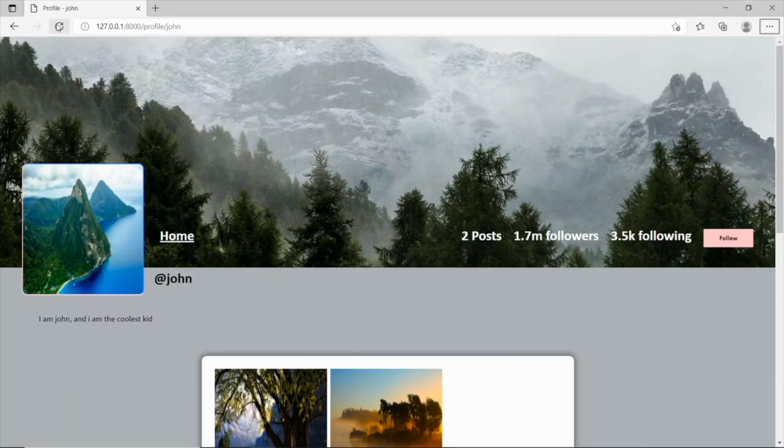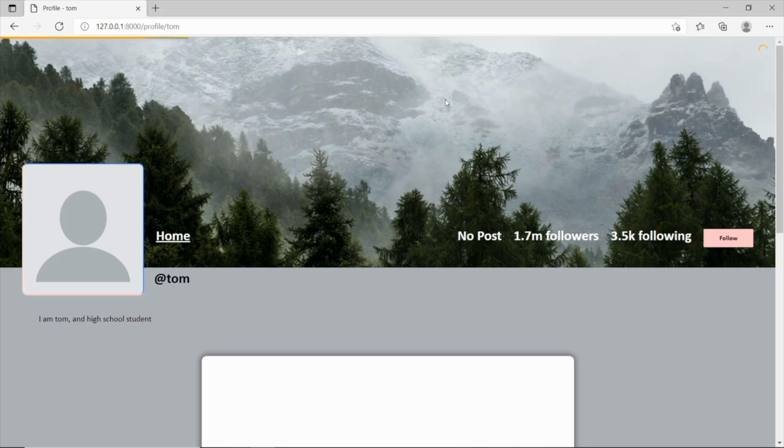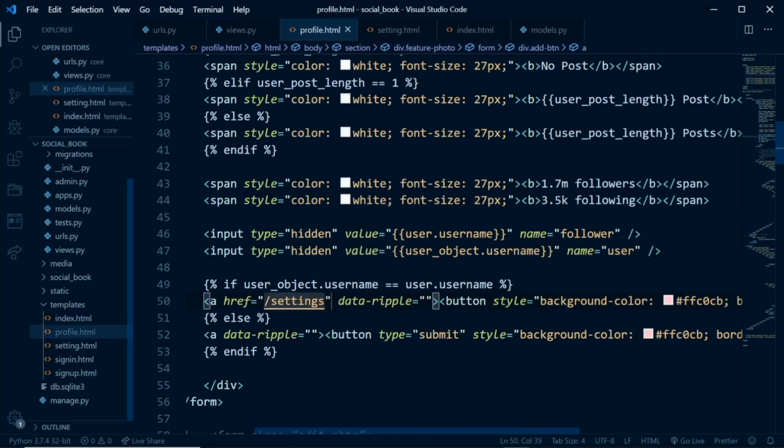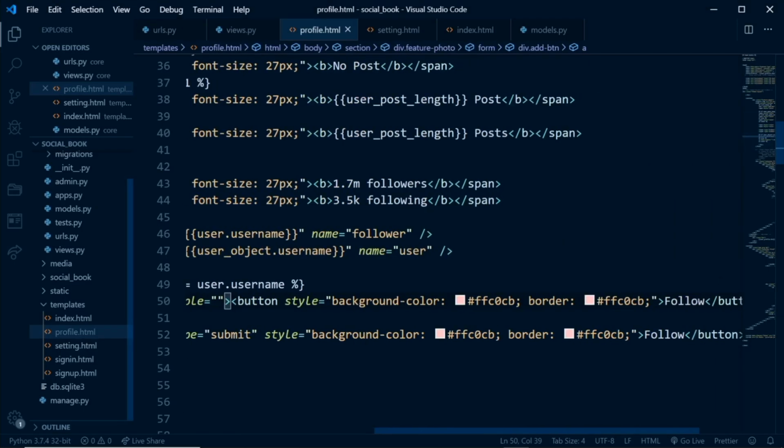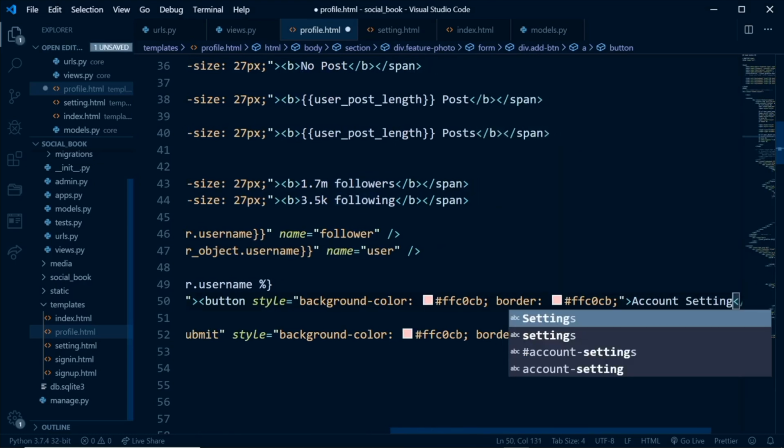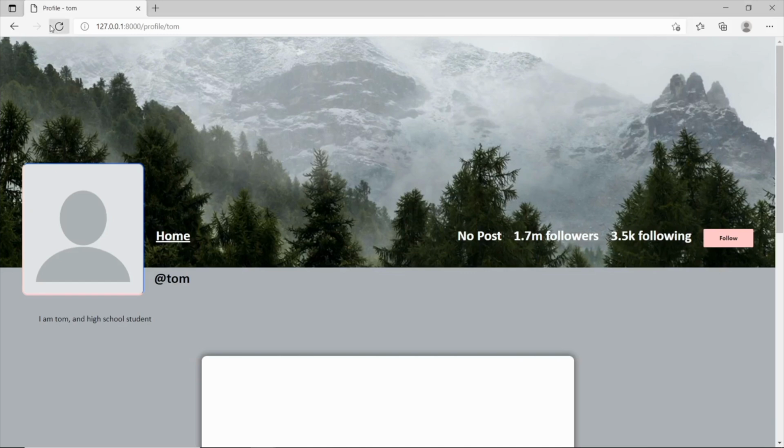Save that. Now if we come in here and hit refresh, I'm only seeing this follow button because we are viewing the profile page of another user, but we logged in as Tom. So now if we view Tom, actually this should be account settings. Okay, the reason why that is not account settings is because we didn't change that here. Let's say account settings. Now if we hit refresh, what we see now is account settings, and if we click on that, it should take us to the page where we can,